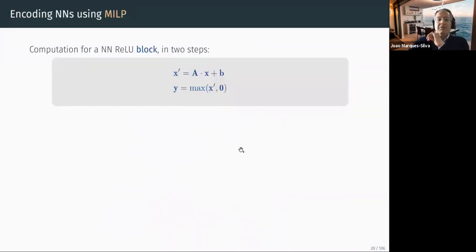So essentially what we can model this as follows. The intermediate value is the matrix of weights times the input values, and then plus the bias. And then the output itself is the max between each of the values and 0. Why? Because of the ReLU activation function, right? So if it's negative, I cut it out.